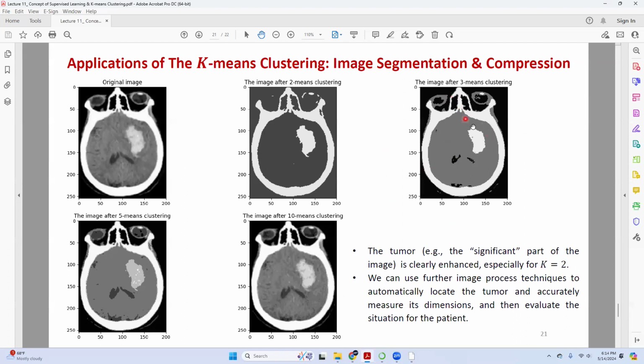And then here the 3-means clustering means that I have three colors. And indeed you can see pure black color, this is relatively white color, and this is gray color. So 3 colors, 5 colors, 10 colors. Of course, with more and more clusters, your image is going to be closer and closer to the original image. But this may not be my purpose. My purpose is to emphasize the significant part, right? Here we go. This is a significant part. Okay, so this is one thing.